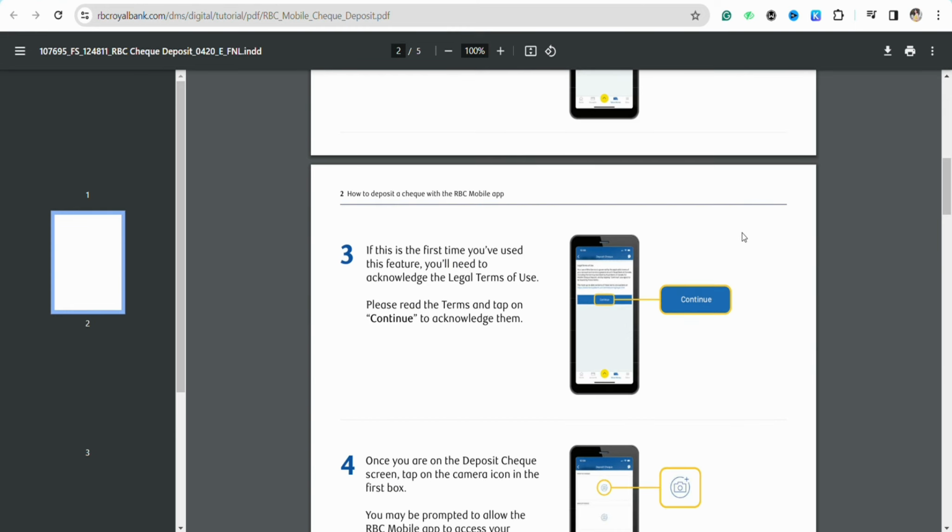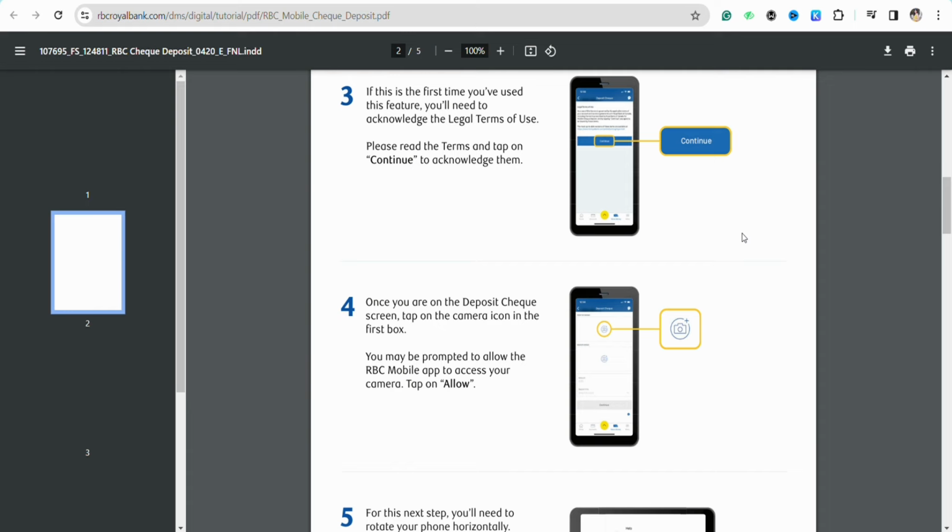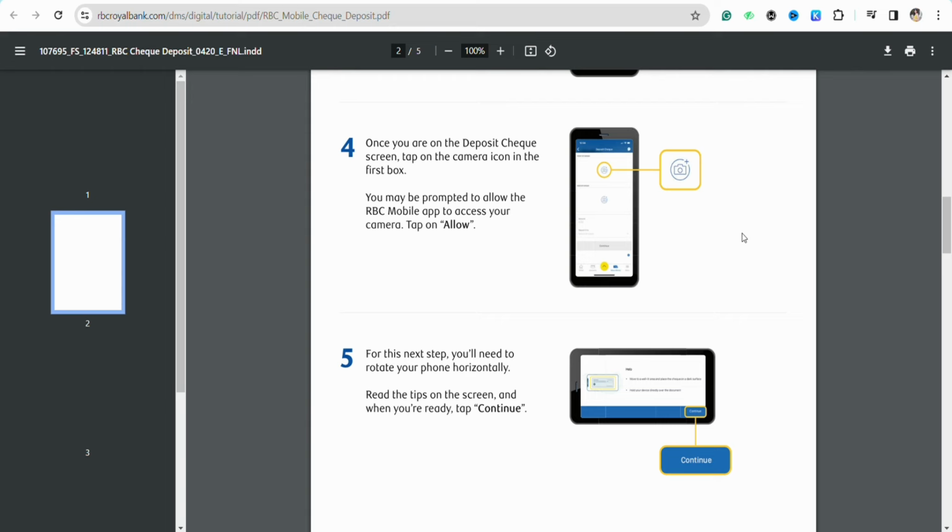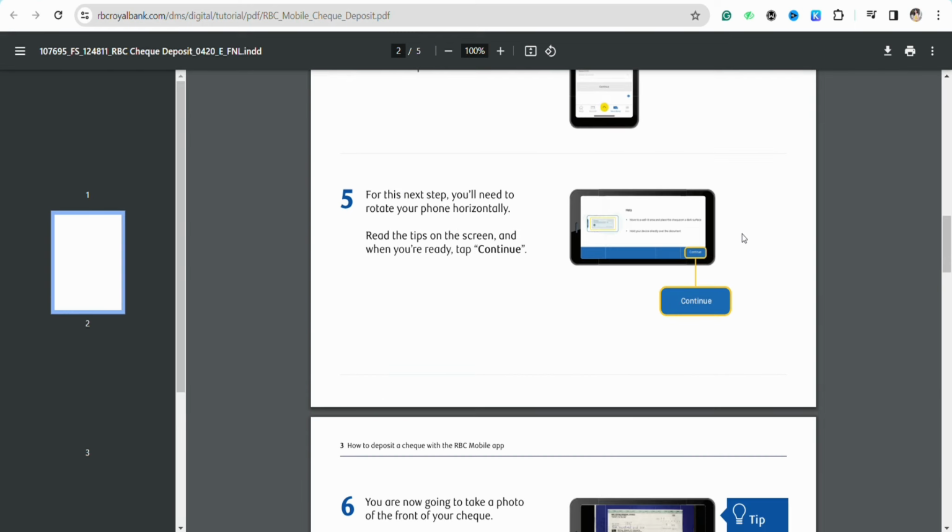And once you are on the deposit check screen, tap on the camera icon in the first box. You may be prompted to allow the RBC mobile app to access your camera, and after that just read the tips on the screen, and when you are ready to take the picture, just click on continue, and after that just follow the prompts on the screen, and when your frame is aligned, the sensor will automatically take the photo